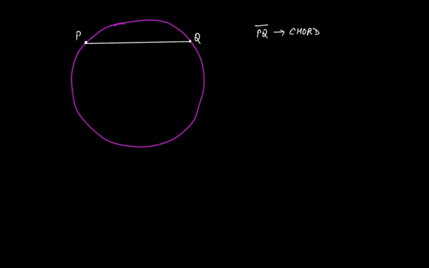And the region enclosed by this chord and this portion of the circle, that is the arc made by these points P and Q, the chord PQ and the arc PQ, the region enclosed by these two will be